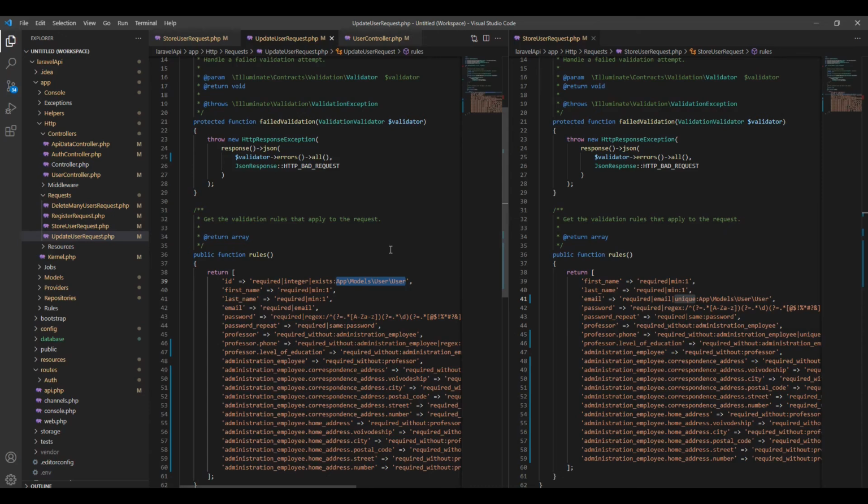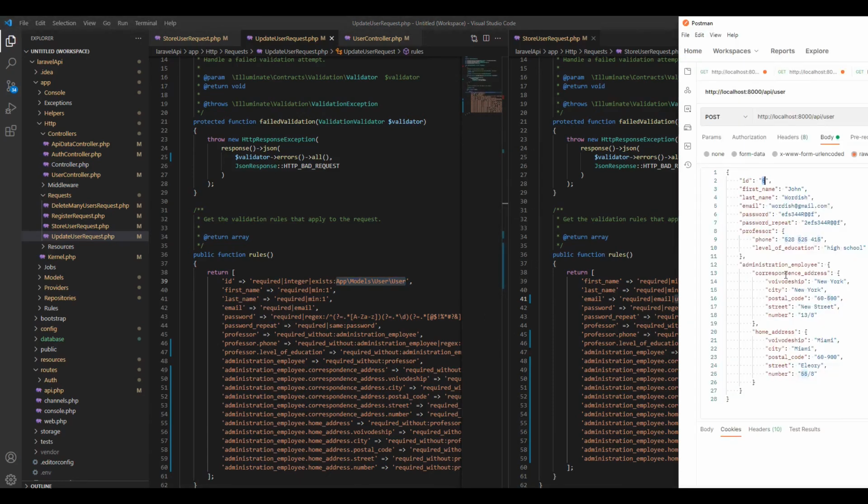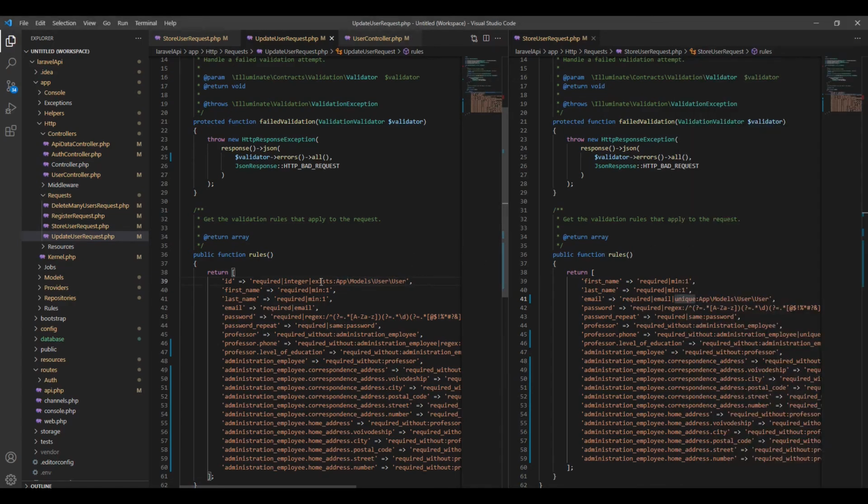We need this rule because we want to update the user that has the ID like in the body of the request, which means the user with this ID, but actually this rule is optional because